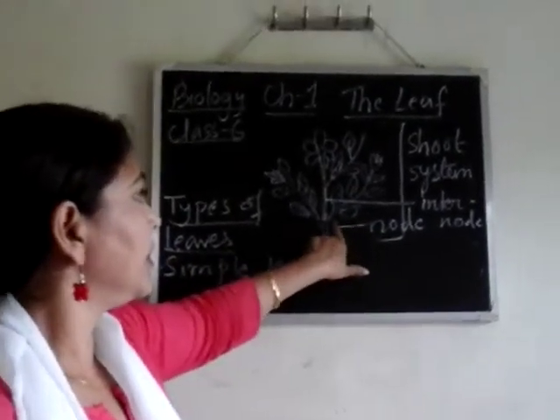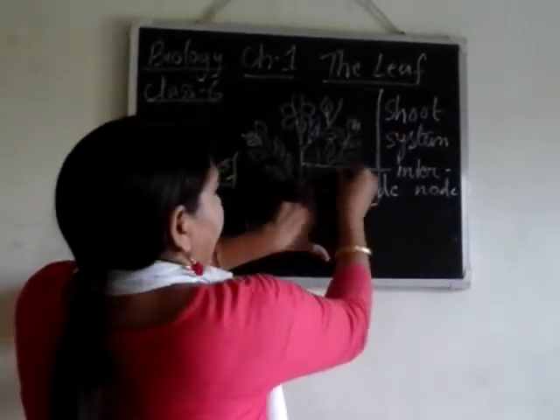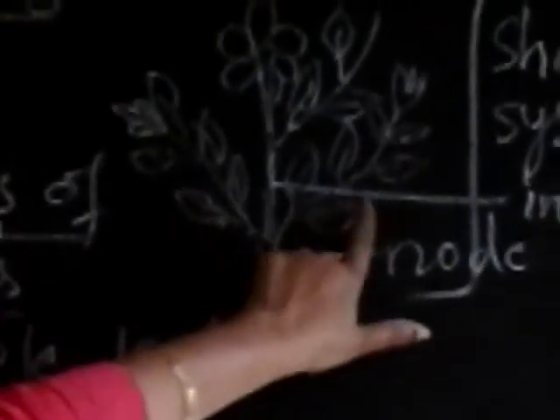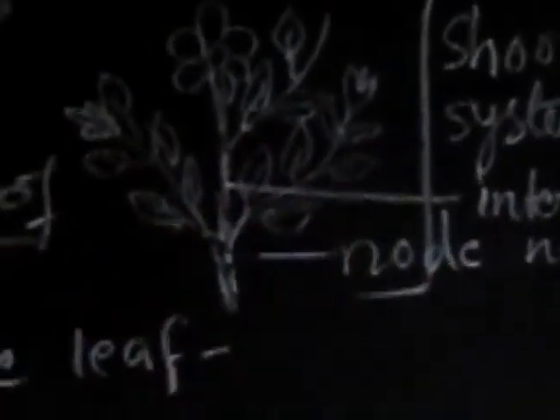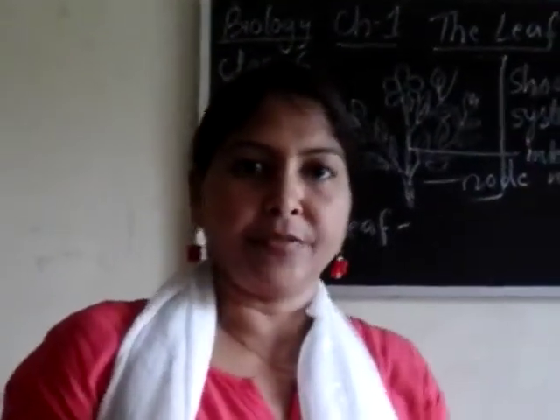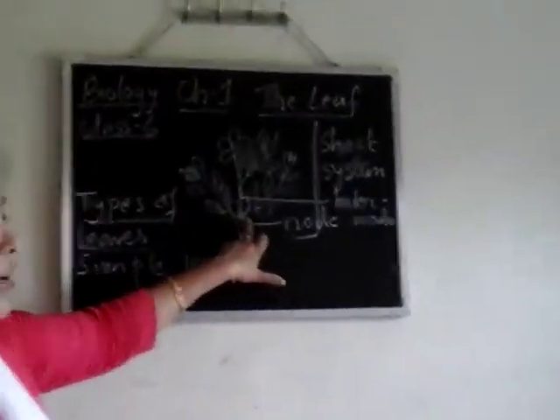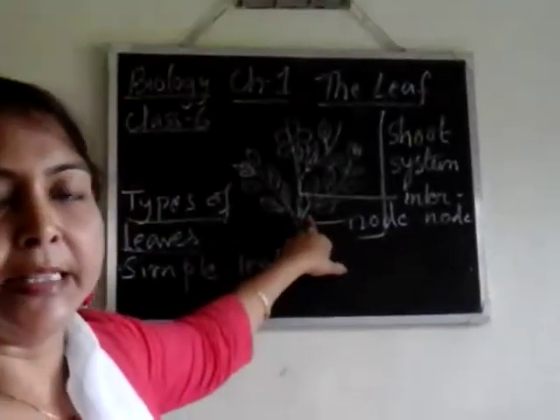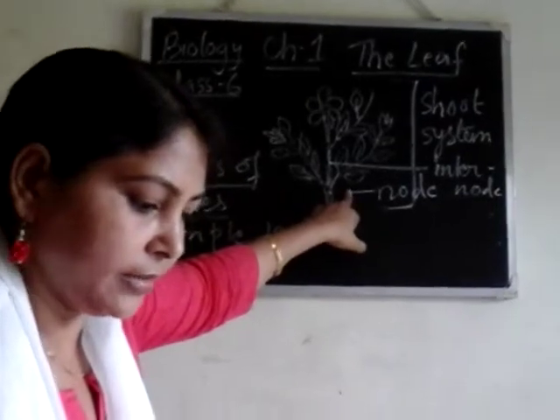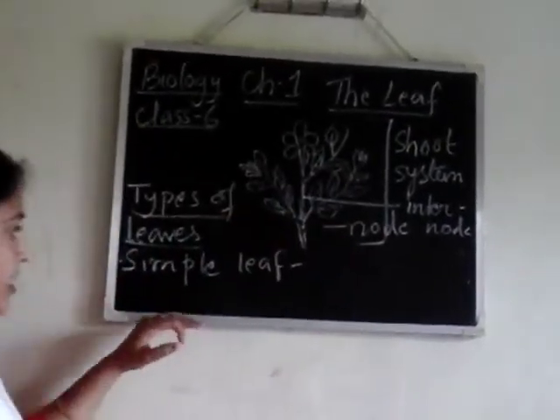Now the lamina is arising from here, and you can see the lamina is divided. What is lamina? You remember, lamina is the broad portion of the leaf. The leaf blade is also called the lamina. So when the leaf arises from the node, when the lamina is not divided, then it is called